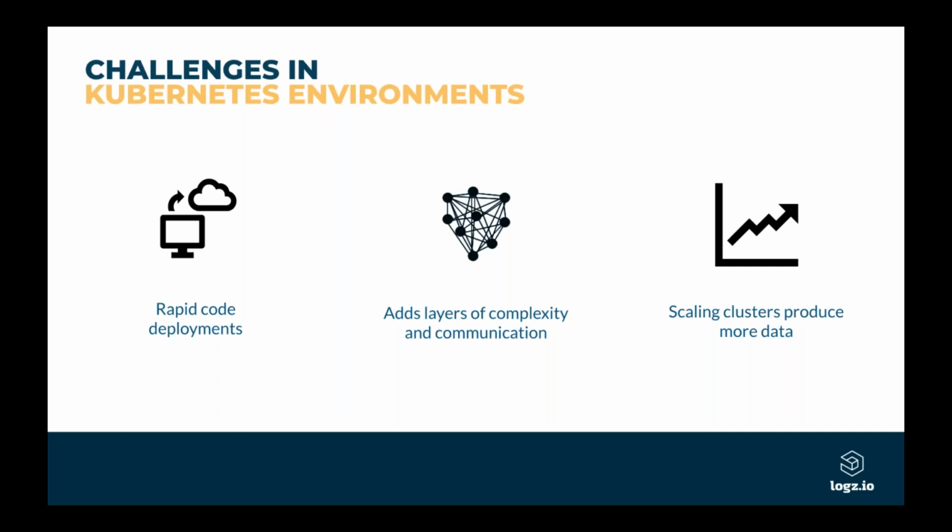And next, another problem is that Kubernetes just adds another layer of complexity and communication. With new containers being created and killed so quickly, they're all talking to each other. It can be really difficult to track that communication and track when containers are being created and killed, and how that affects your ability to observe your environment, right? It adds another layer of complexity. And thirdly,